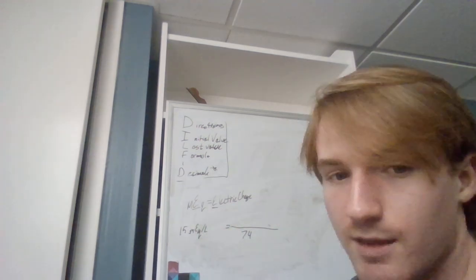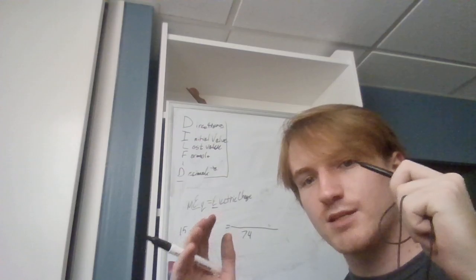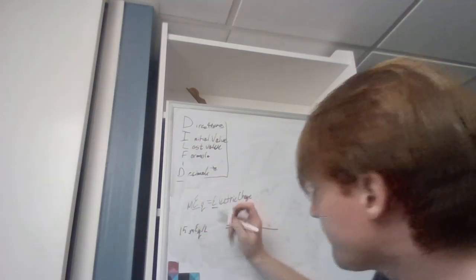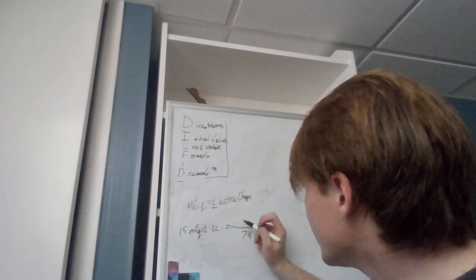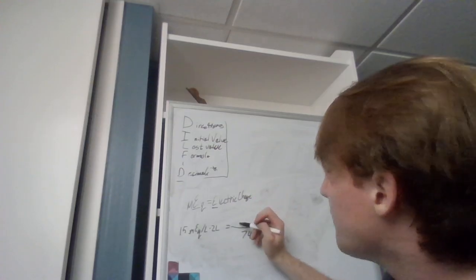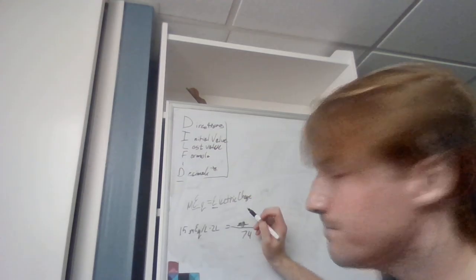This is why you highlight and group things together. If you group them in a way that makes sense to you, you're not going to get tripped up. Times 2 liters is equal to our milligrams, which is our last value that we're looking for,